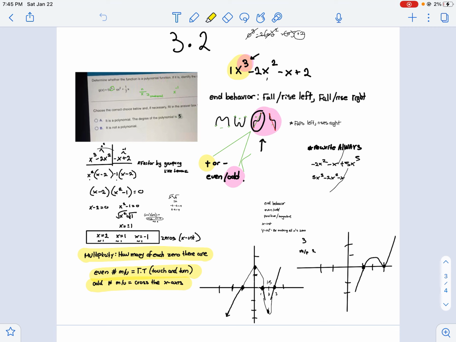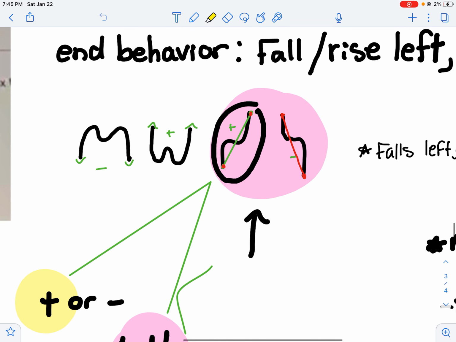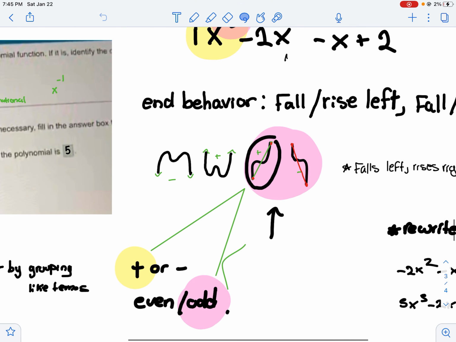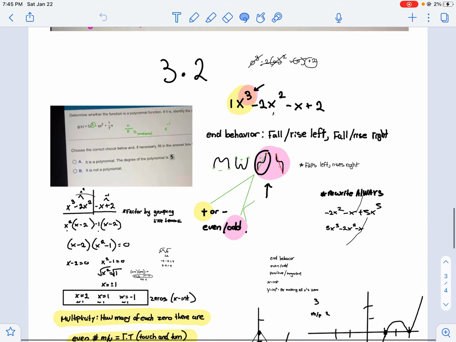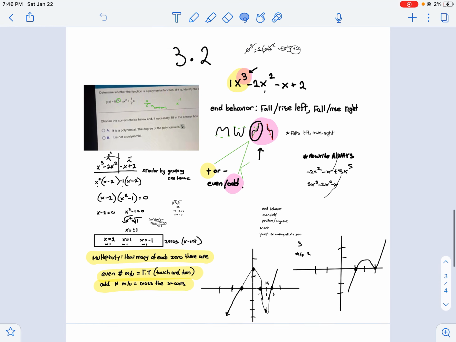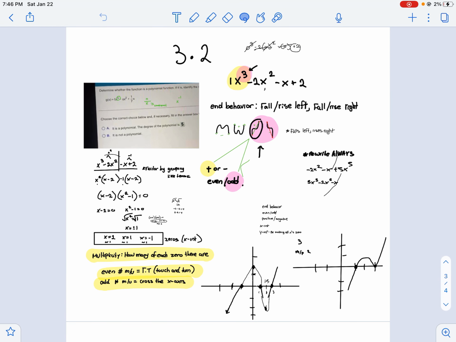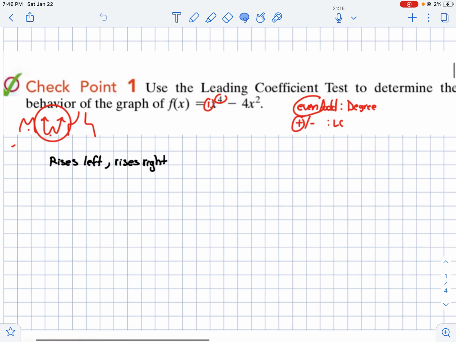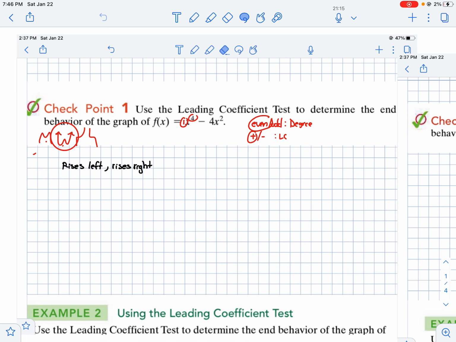So I don't know if you remember, we had to do with multiplicities. It had to do with the fact that your graph is always going to look like one of these, and you have to look for the leading coefficient test and behavior, all of that stuff. Just definitely look back at these before you actually start listening to this. But I'm just going to go back and do some little revamps. So basically, using the leading coefficient test to determine the end behavior of the graph,